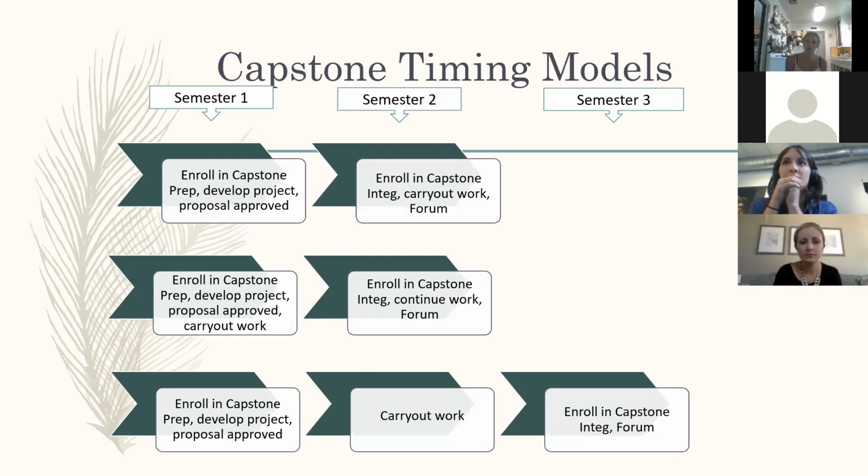But if you get your proposal done and it satisfies your coach and your coach signs off on it, you can get started on that work, and that'll give you more time to get a project completed. And then the third line there shows enrolling in capstone preparation now, and then maybe you need a semester in between to carry out the work,